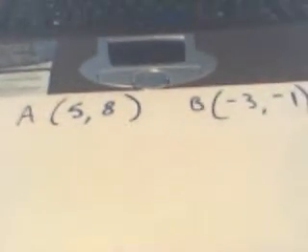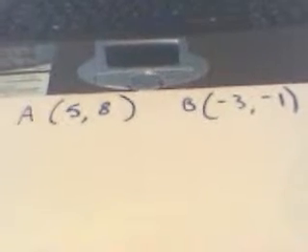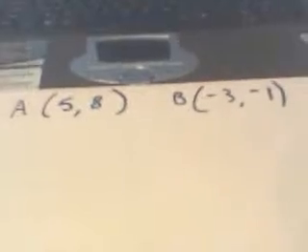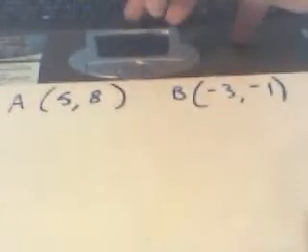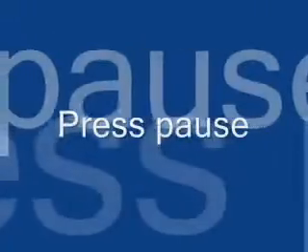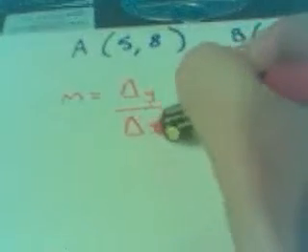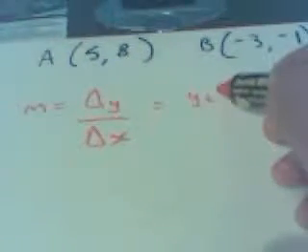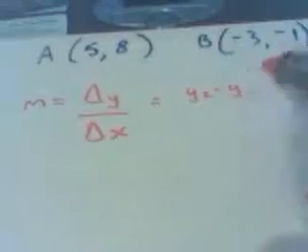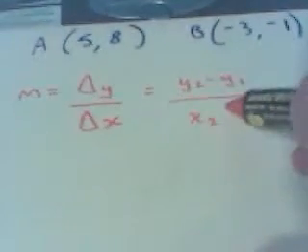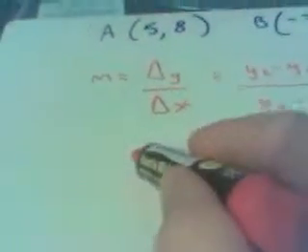Okay, your turn is to just find me the gradient of the line connecting A and B. Press pause and have a go. So off we go. The gradient m is change in y over change in x. So that would be y2 minus y1 over x2 minus x1, which should give me